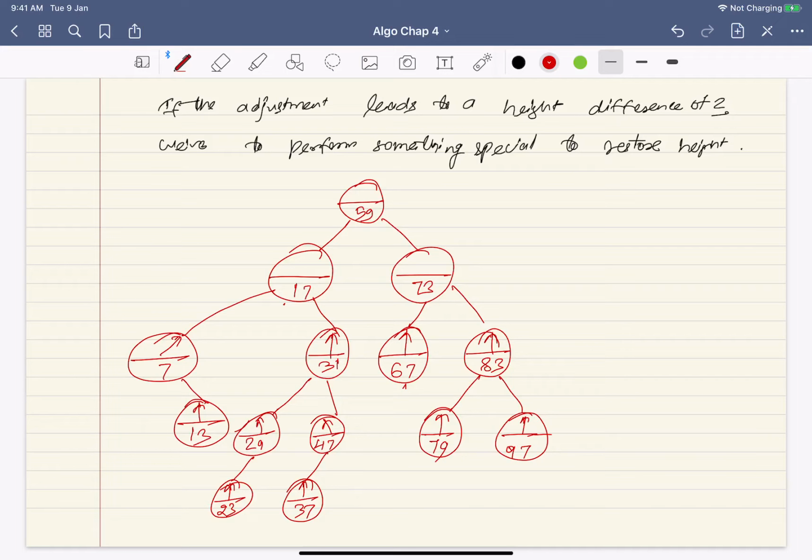Should it be balanced? No, it's not like that. So the height here is 0 and this is 1, so they should be +1. The right is higher, so it should be +1. Now for the node 17, this height is 1 and this is 2, so this will be +1 again. Now for the root node, this height is 1, 2 and this is 1, 2, 3, and this should be -1.